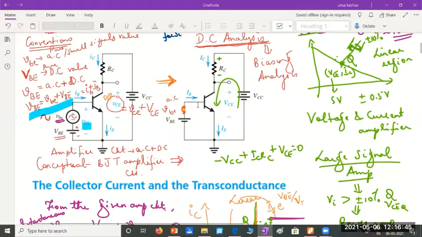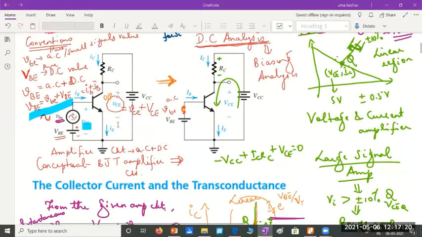to derive that model. As I told you, if you consider a simple transistor amplifier, we have given an AC input signal. This small VBE is AC, capital VBE is the DC bias value, capital VCC is the DC bias value, and everywhere all the currents and voltages which we have considered are instantaneous values. What do you mean by instantaneous values? Sum of AC plus DC. Okay. So everywhere we have used instantaneous values.